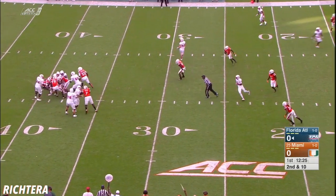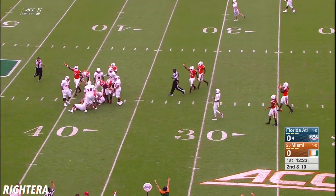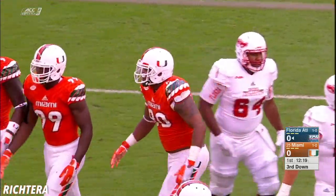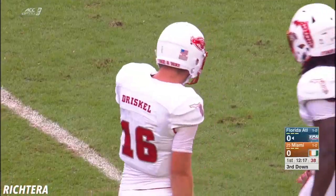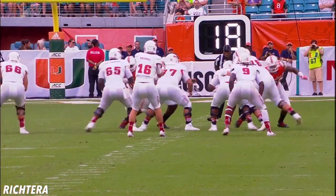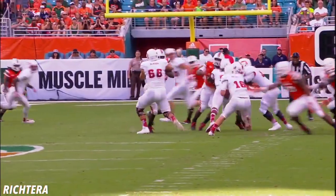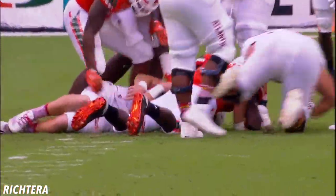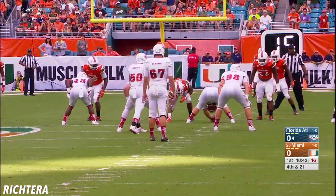Driscoll under pressure this time, and he's going down. R.J. McIntosh and Chad Thomas combine on the sack. And this is what Miami wants to do. They want to create confusion in the middle of that offensive line. You see them with a stunt. They come around the edge. The offensive linemen get confused. That's what you want to do when you bring a blitz package. You want to confuse the...